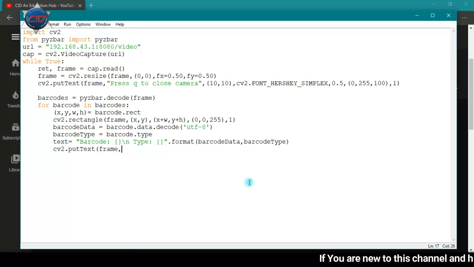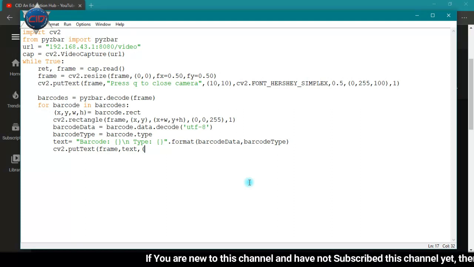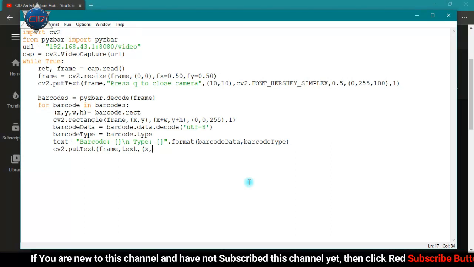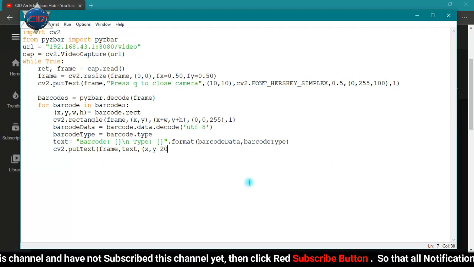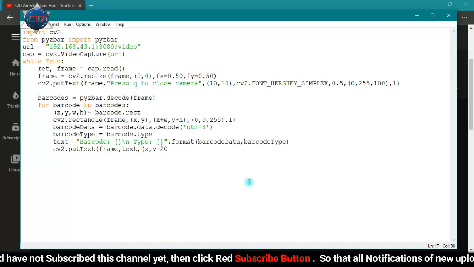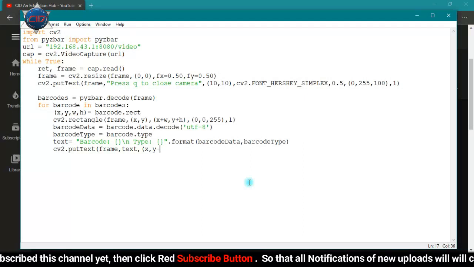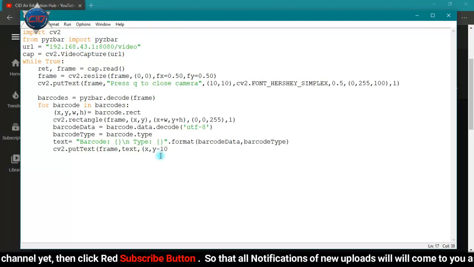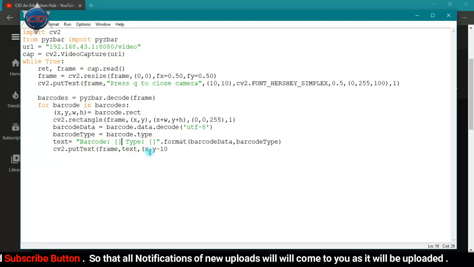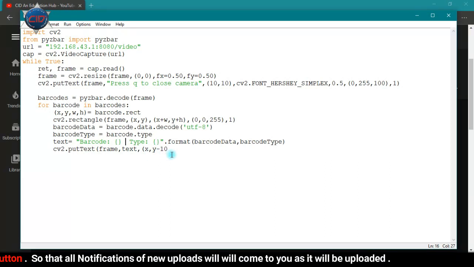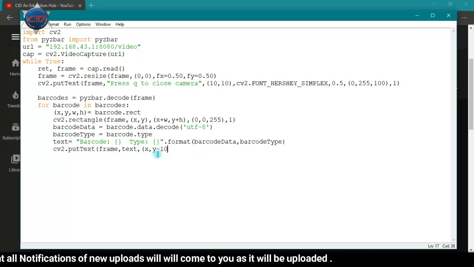Okay, and after the frame we'll pass the text which is to be shown, and next will be the position. The position I want as x-axis will be the same, but y-axis I want as -20. Let me do it to 10 so that it will be just after, and remove this, so that it will be in one line and it will be just after the rectangle line.